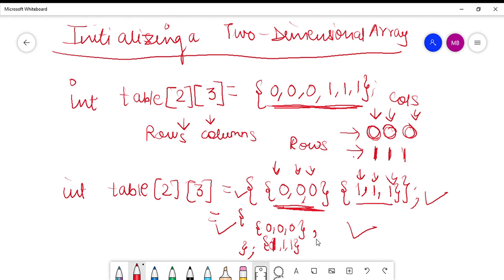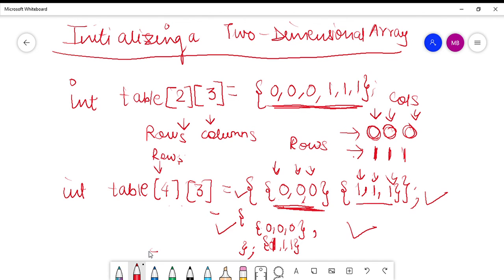Okay, one thing that you need to keep in mind is that while you are initializing a two-dimensional array, that means at the time of declaration of the array, if you are initializing the values also, then at that point of time you do not need to mention the total number of rows. This dimension can be left blank, but only if you are initializing it at the time of declaration. If you are just declaring the array and not initializing it, then in that case you have to mention the total number of rows.